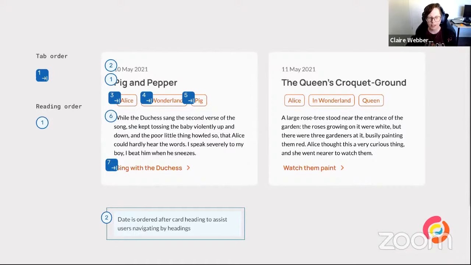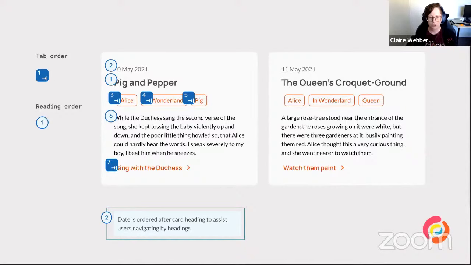So here we've got the heading marked up as the first item that someone will read when they come to the card, followed by number 2, the date. Then we'll come down, 3, 4, and 5 will be interactive tab stops for the 3 interactive tags we have here, followed by 6, a reading order for the paragraph introduction.